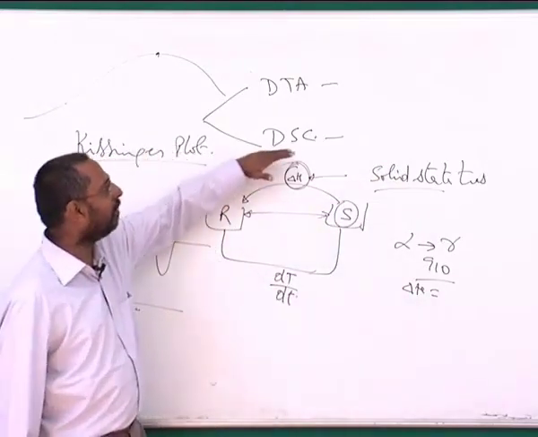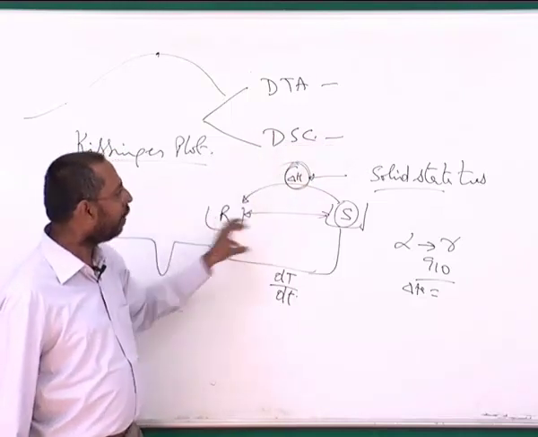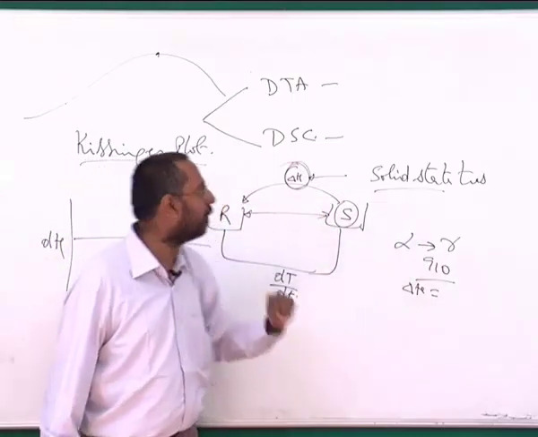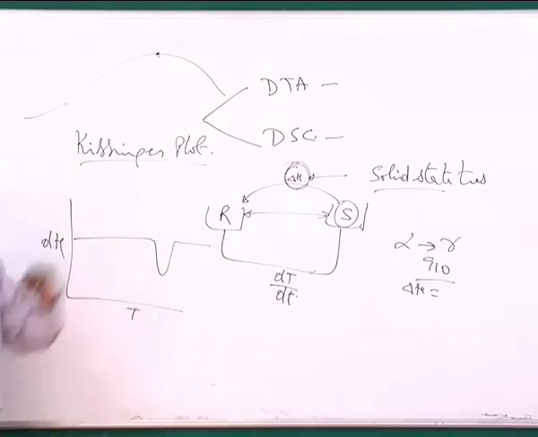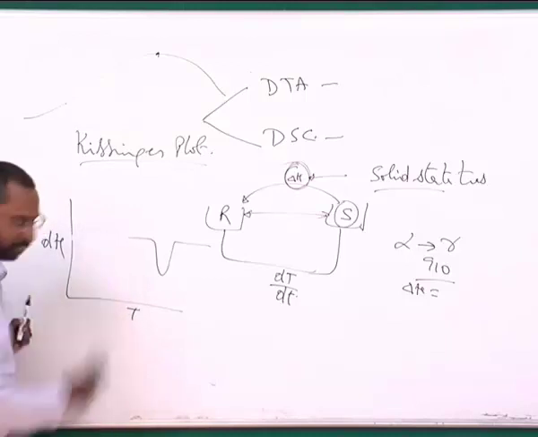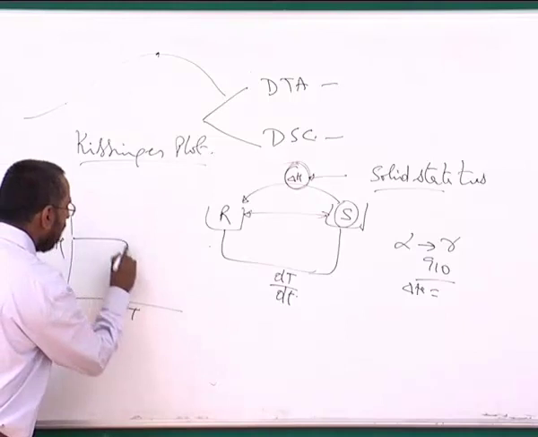whereas DSC is the one, which is called differential scanning calorimetry, where I am scanning a sample as a function of temperature and finding out the differential in the enthalpy, and that is how we are able to see. And in this particular case, for example, if I take a glass and do this, I usually see a situation like this.